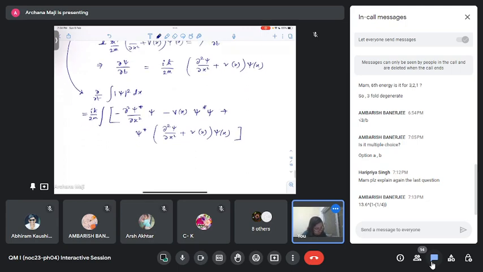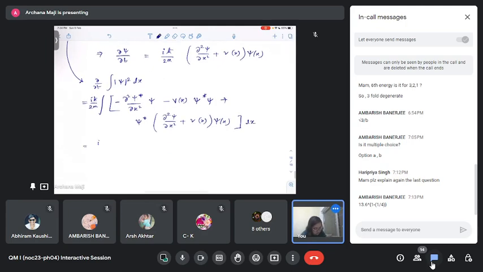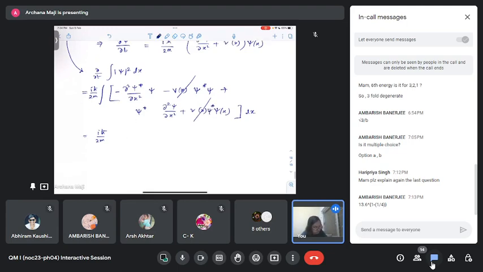And then there is this integration over dx. You can see these two terms are getting cancelled out when you take this psi star inside. So I can write it as plus, and then psi star here. So they get cancelled out, and I have